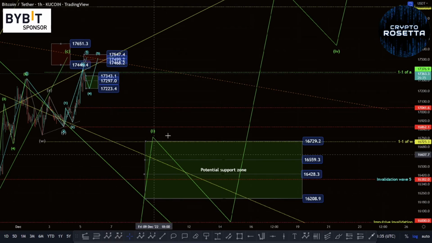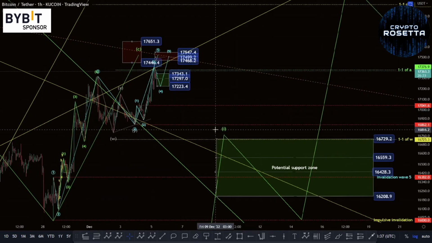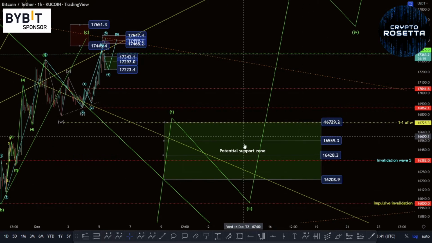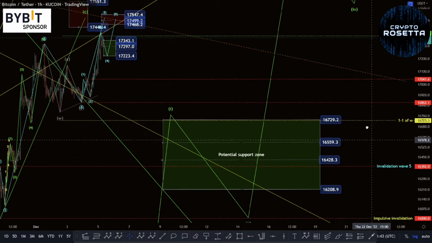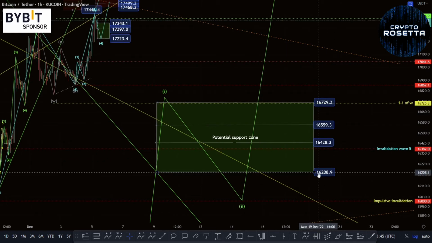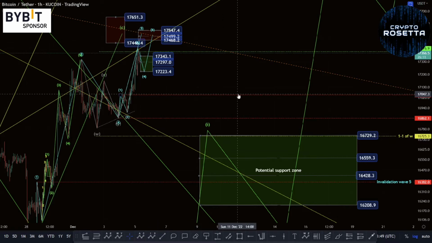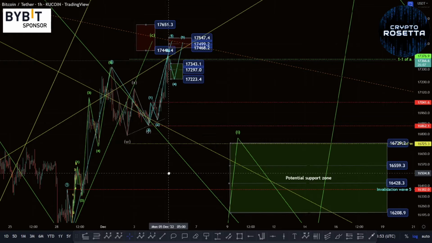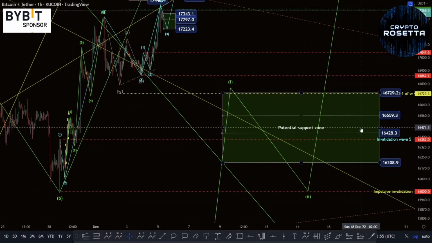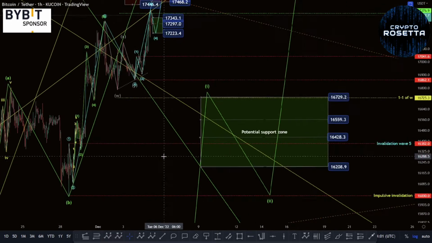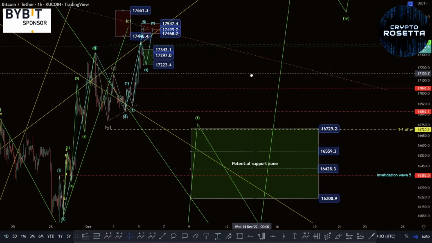we're still forming an additional bigger five-wave structure to the upside. And what we would be looking for then is a retracement to the support zone here of 16,729 to 16,208. So that would come in the way of a three-wave move to the downside into this zone. And then if we do find support within this zone and stay above this 16,000 area, then we could look for another push to the upside,